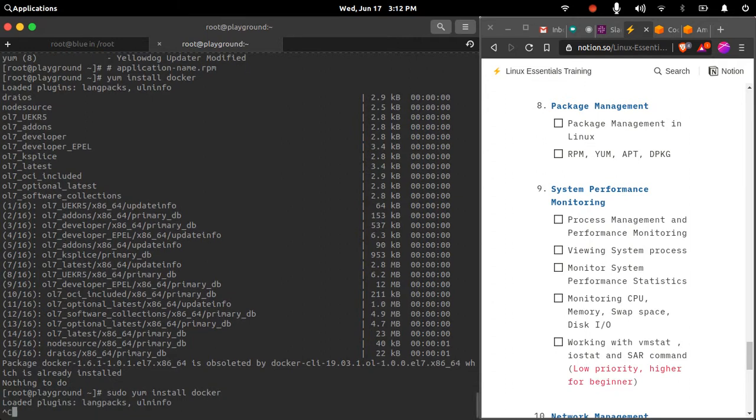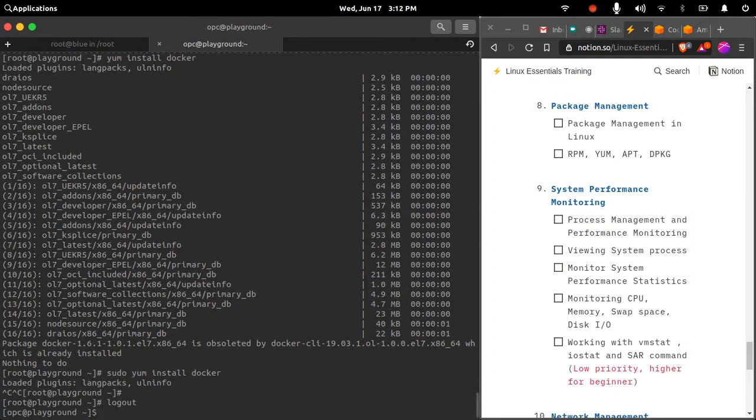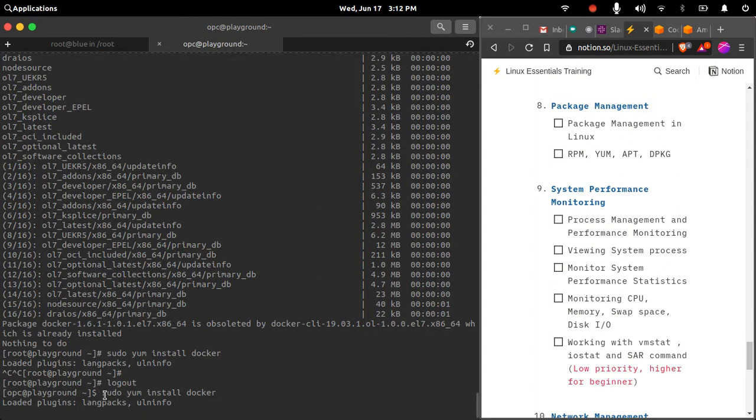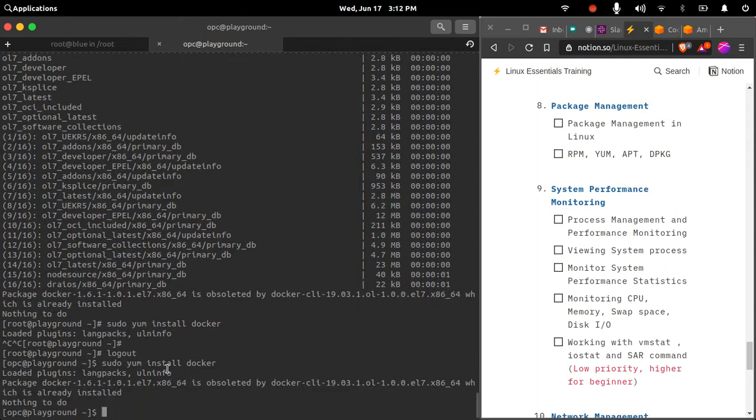So this is already a root user. If I go to a user below this, then I will be able to yum install package name. So if that user has superuser privileges, then he will be able to install that package, which is already installed here in this case. Now let us take an example of some other package.